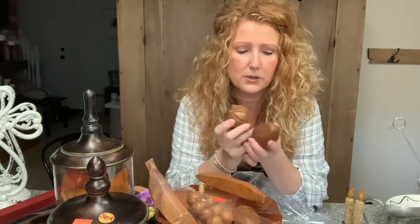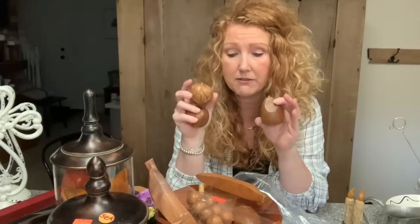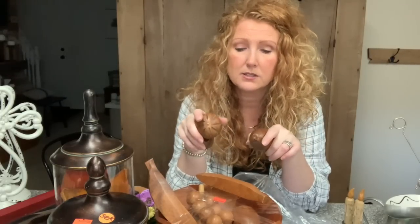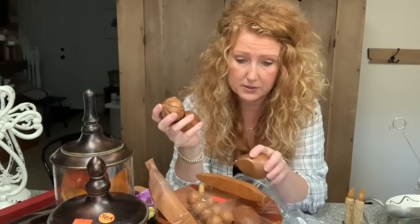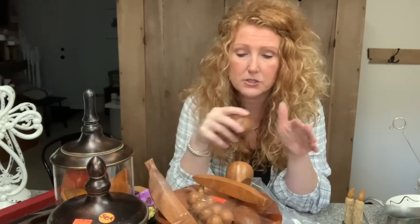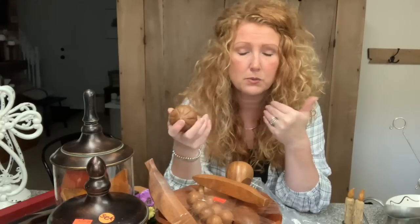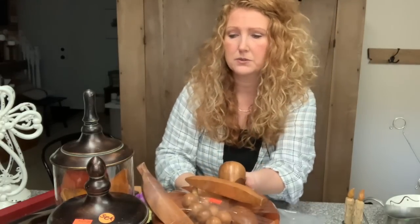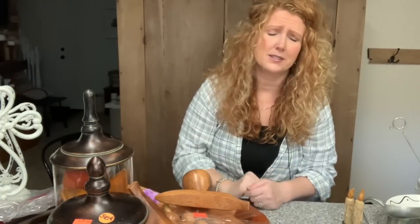But I told the kid that was checking out, I said, oh, I was so excited that I found the rest of the fruit that went with this. And so he's like, oh, well, that goes with it. So he gave me the whole thing for $4.09, which should have really went with it. But sometimes when things are separated at Goodwill and they're not in the same packaging, not everybody knows what goes together. So I was happy to find those fruit,